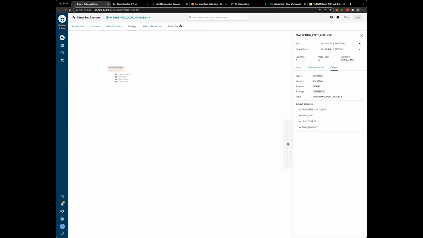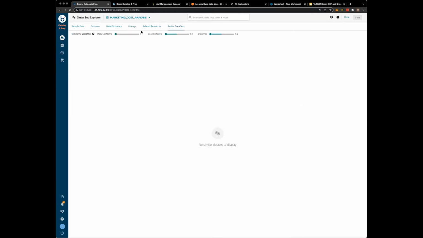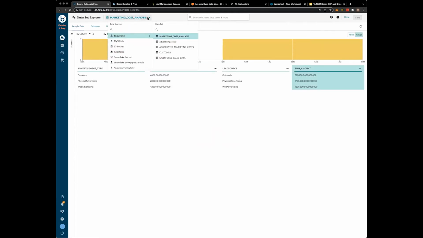The other things that it'll also allow you to do is look at similar data sets. Currently, this one doesn't have any similar data sets or related resources, but in related resources, you can look at jobs, and that'll bring up just the different jobs that are involved in this table. We've come up with a dump marketing data to Snowflake job that is taking this table and putting it into our second Snowflake instance. But if we were to hop into some other tables, such as our aggregated marketing costs table,